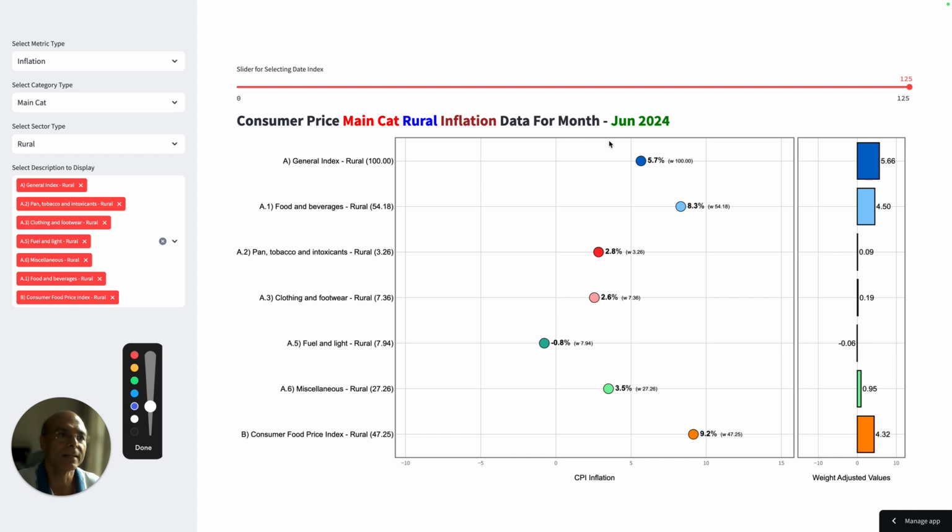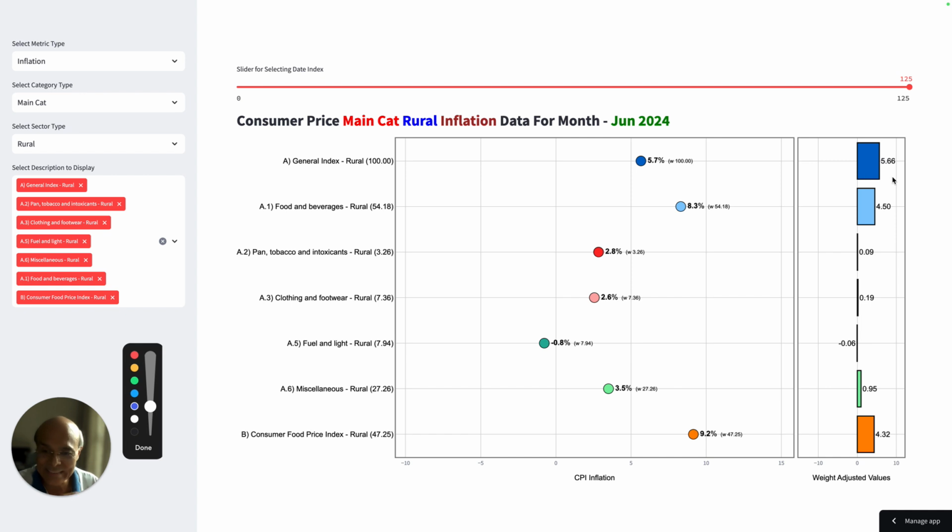You will find here the general index, or the inflation for rural area, the total inflation is 5.66%. Out of which the food and beverage inflation is 4.5. Means if you take basis points and multiply this by 100, 566, out of which 450 basis points is only food, food is contributing 450 basis points of the total inflation of 566 basis points.